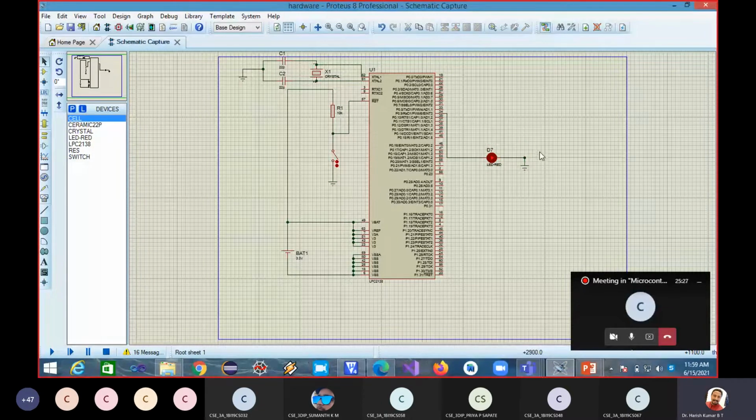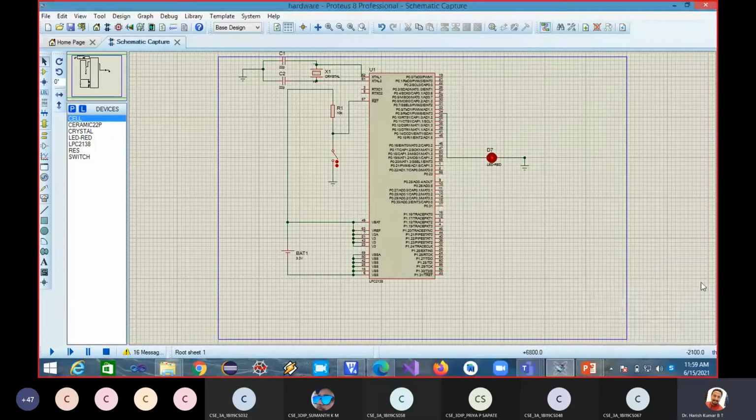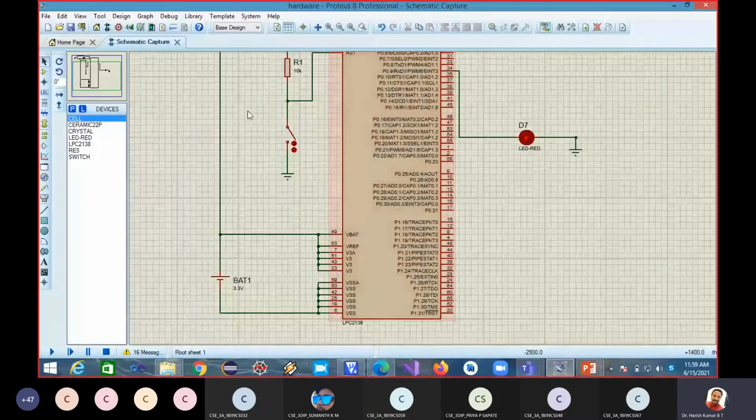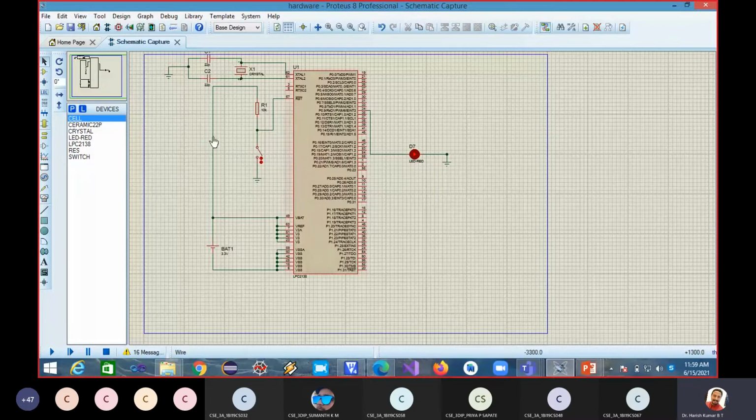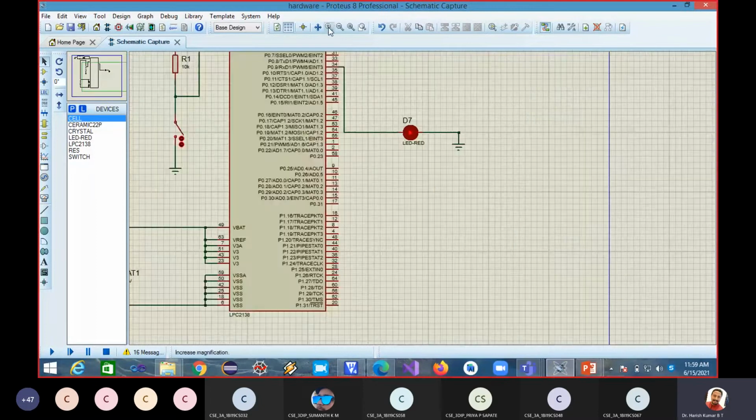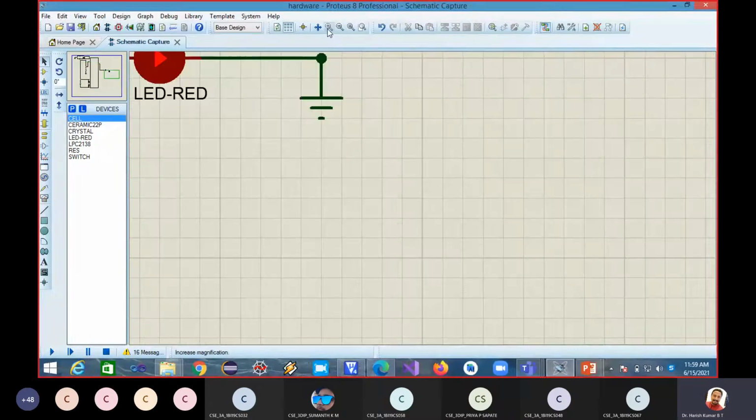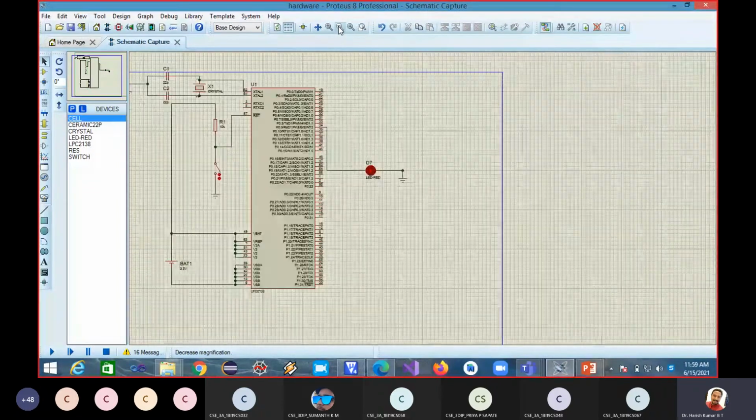If you can see this, do I need to zoom a bit or what? Can you people see this? We can see, sir. Okay, so I'm zooming it a bit. But dragging becomes a problem if I zoom it too much.